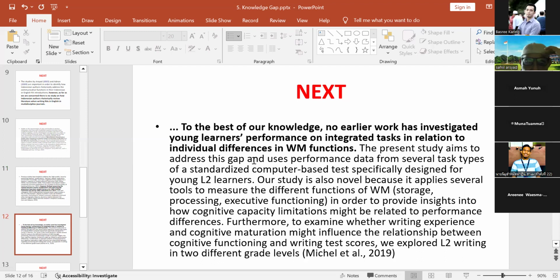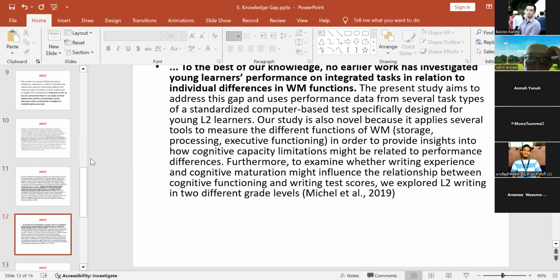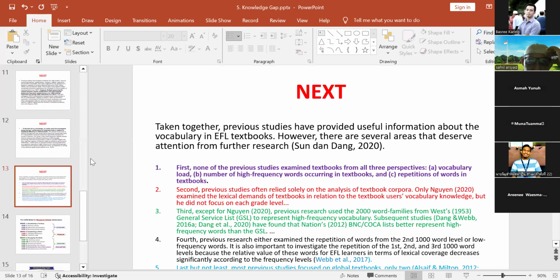Another example, to the best of our knowledge, no earlier work, so this is the weakest one. No earlier work has investigated young learners' performance on integrated tasks in relation to individual differences in WM function, okay? This is another example, but this is the weakest, the lowest type of research gap statement. Okay,